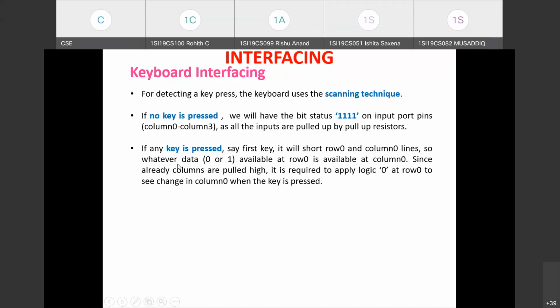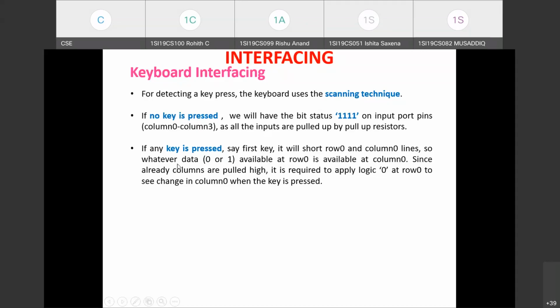So here each row of the matrix is pulled low and the columns are read. After reading the status of each column, the corresponding row is pulled high and the next row is pulled low and the status of the columns is read. We repeat this process. If you want to check whether a key is pressed in the first row, we send 0 on row 0, read the column line values and check.